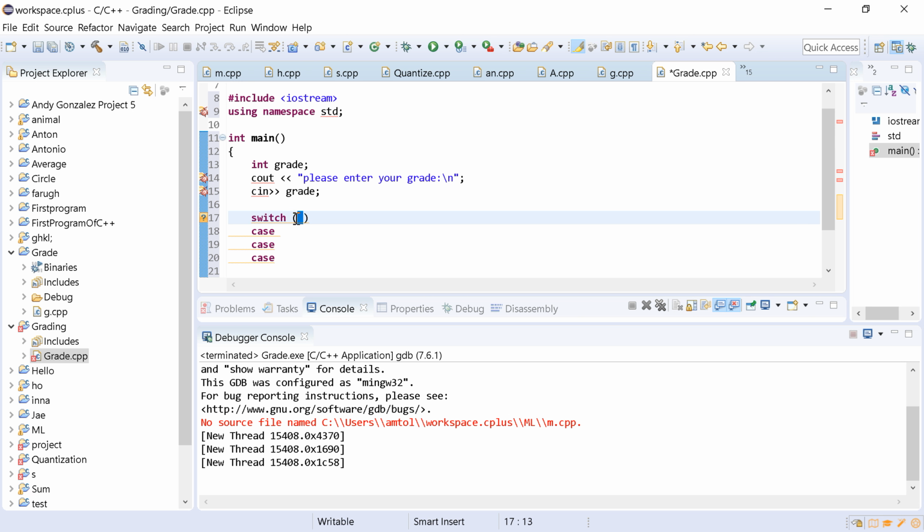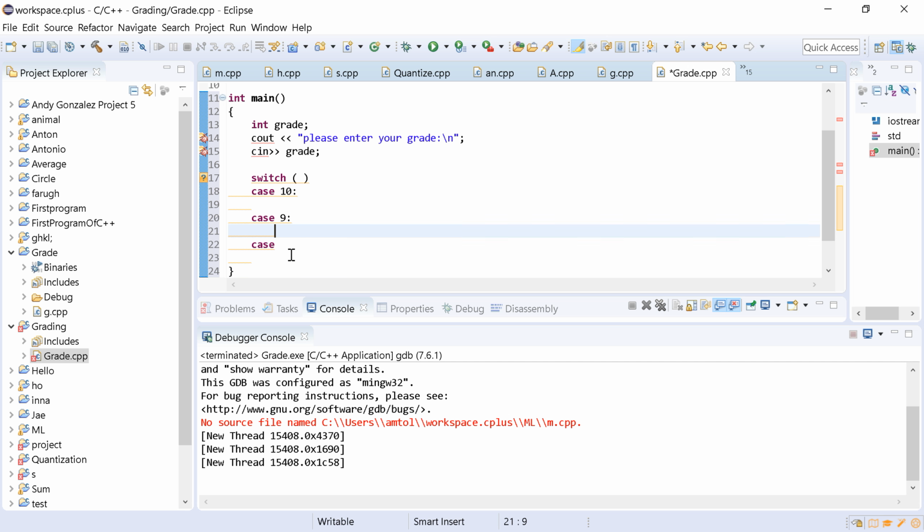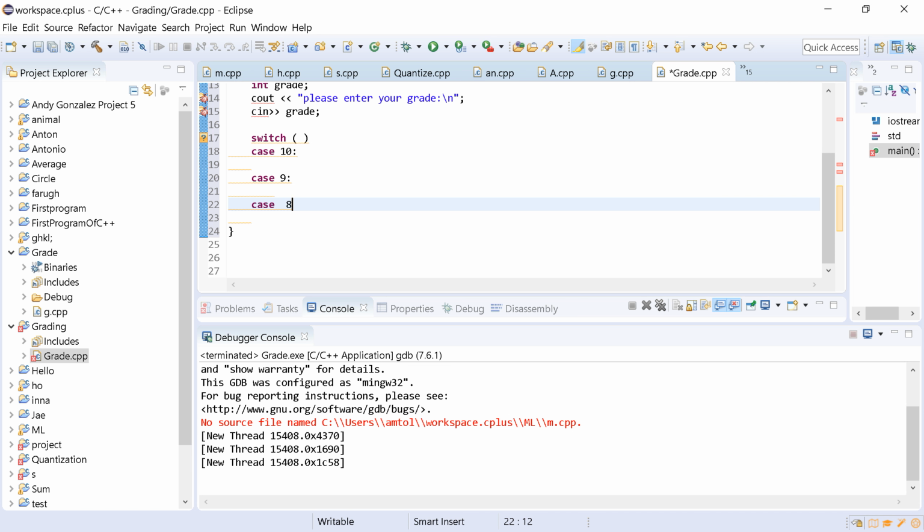So this value could be anything, a number, a character like A, B, C, or 10, 12, 100, 1000, 1 million, anything. But we want to compare exactly: this should be equal to this. For example, we start from this: is it equal to 10? Is it equal to 9? Is it equal to 8? So let's see what we want to say. If it is equal to 10, according to the